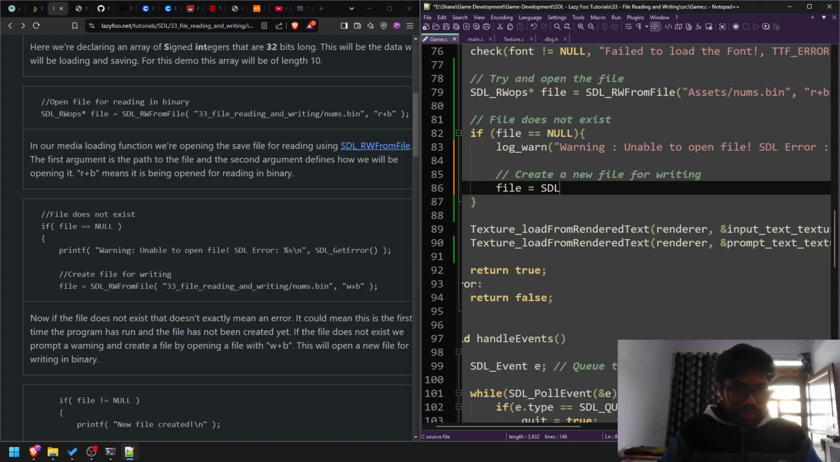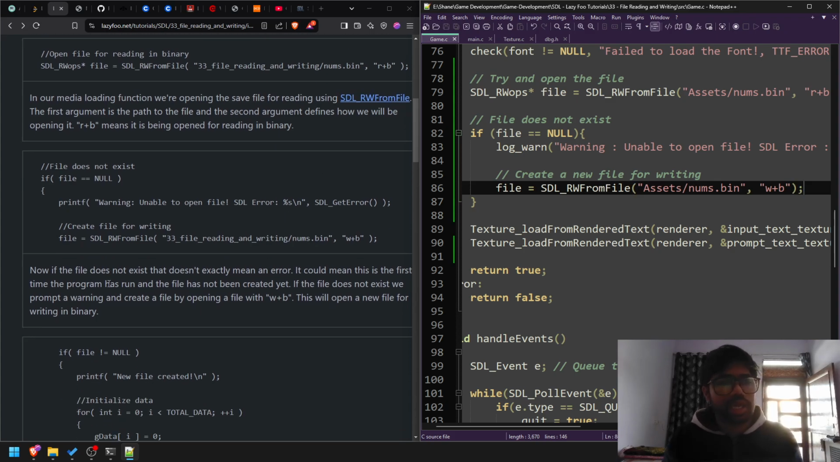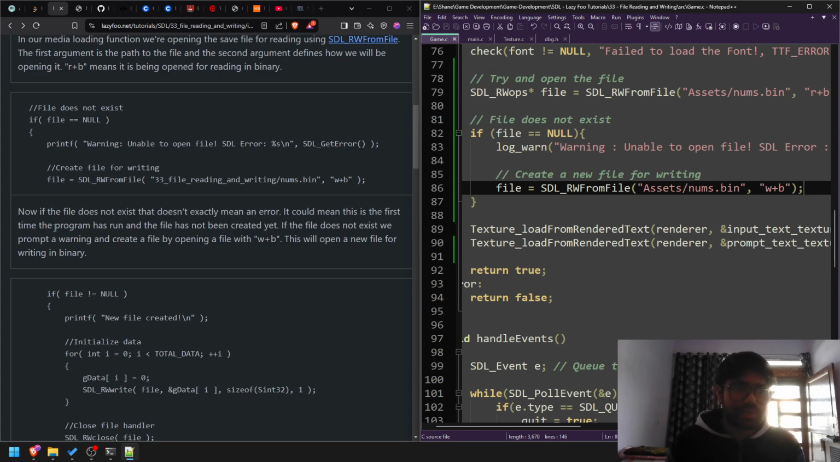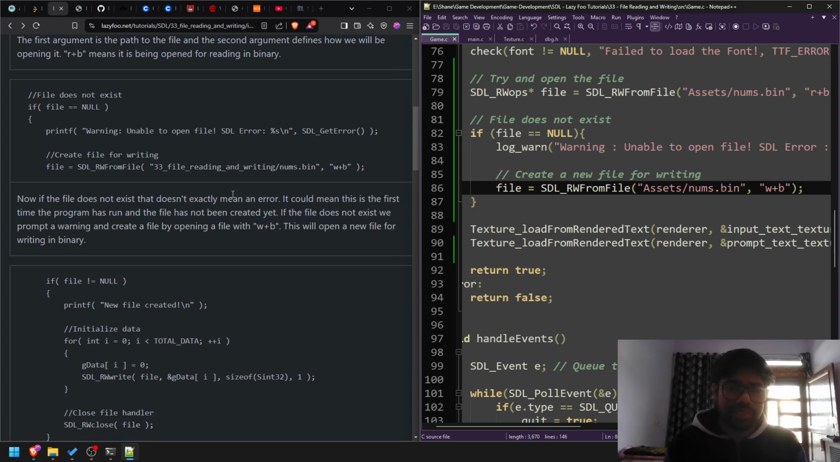We go file equals STL read write from file. We provide the location, same assets slash nums dot pen. We provide write in binary. Okay. Then we check it again. Now if the file does not exist, that doesn't exactly mean an error. It could mean this is the first time the program has run and the file has not been created yet. If the file does not exist, we prompt a warning and